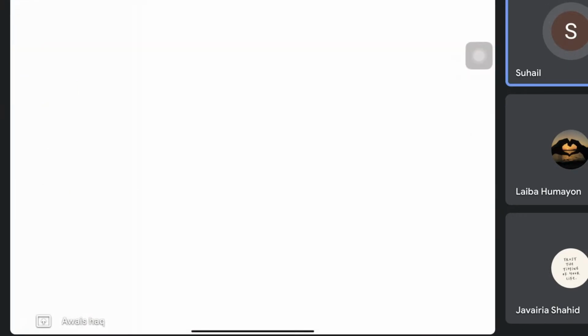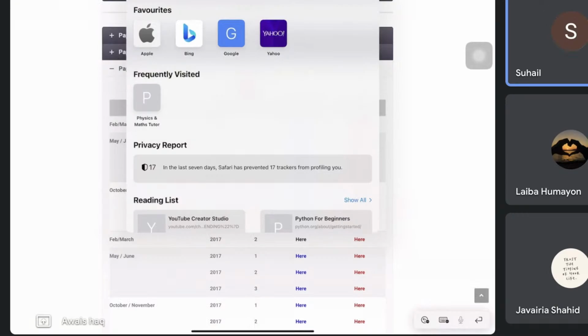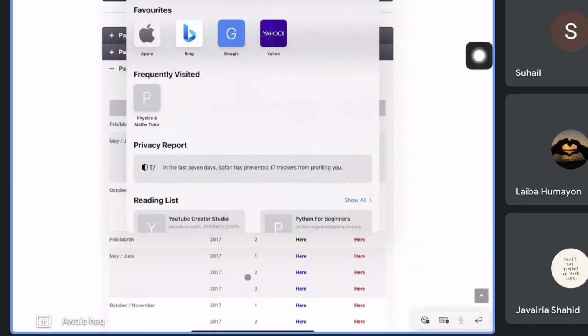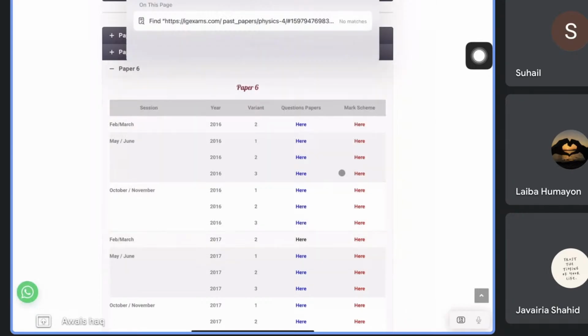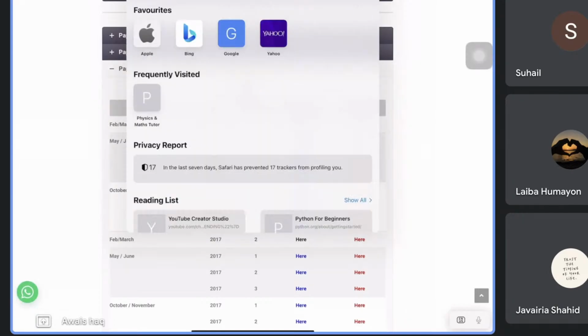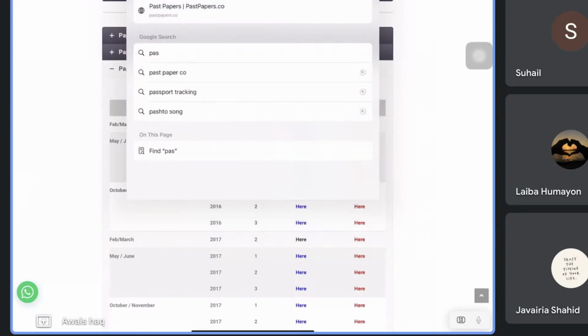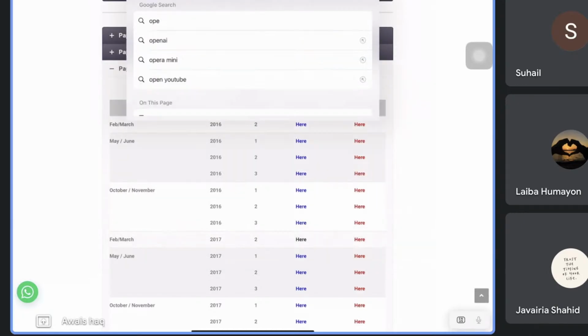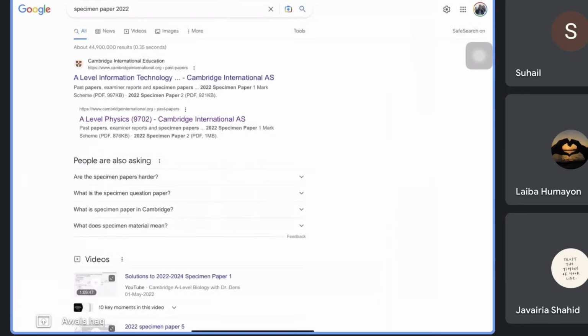Sometimes we have doubts in using the apparatus. Doubts in using apparatus? Well, the practical is not about using apparatus at all, let me tell you that. So I will explain question 1 today and tell you when and how you should be dealing with that. So let's open the specimen paper, okay? Specimen paper 2022. And then we are going to talk about that, and let's understand how we can come up with the best